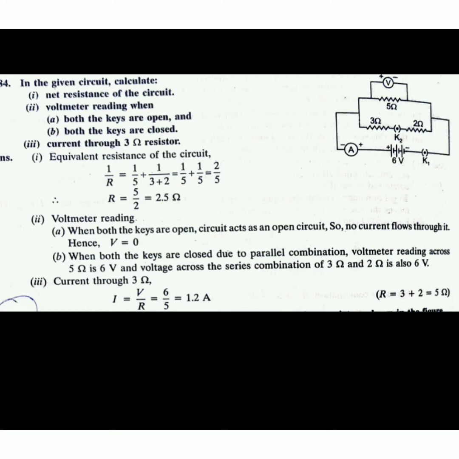And third is current through 3 ohm. Potential is 6 volt. So we know that this is in series with 2 ohm. So 3 plus 2, 5 ohm. So we solve it using this, and we will get the current reading 1 by 2 ampere using Ohm's law. As you can see, in the bracket also they have solved that R is equal to 3 plus 2, because current remains same in series combination. So first we have to find out total resistance in parallel, and then we will use that. Potential is same for 5 ohm and 3 plus 2 ohm, means two individual combinations are given.